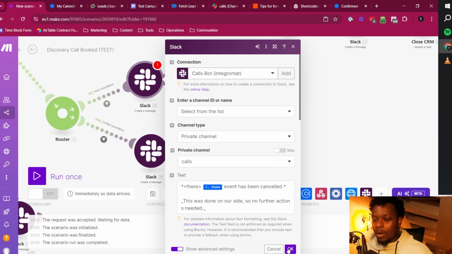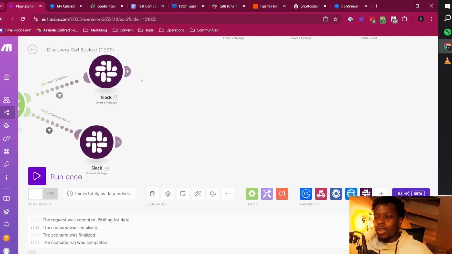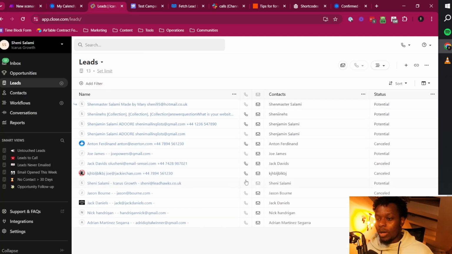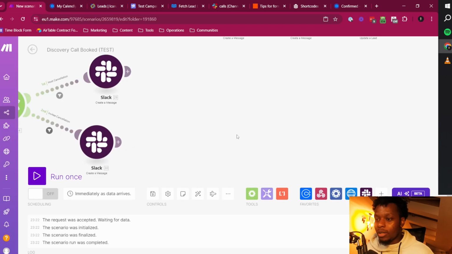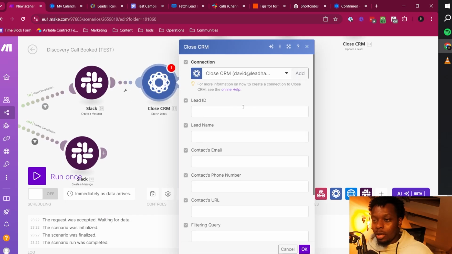So those are our steps for host cancellation and invitee cancellation. Those are the two notifications. We now need to search for the leads and then do what we said we were going to do inside of the leads, where for the individual that was a host cancellation, they're cancelled here as well as in the opportunities. And for the lead that is an invitee cancellation, they're still potential as a lead status, but they're cancelled in the pipeline. So what we're going to do then is create a search leads Close CRM endpoint, and